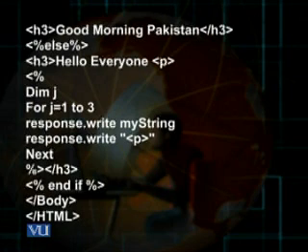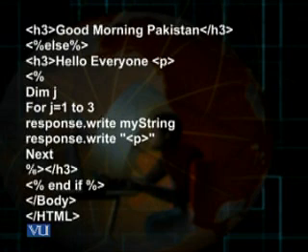After the message, depending upon the if statement, a for loop should be executed such that the initial value of j is 1, and through response.write the value of the variable myString is written for the first time, so the words e-commerce would be typed.